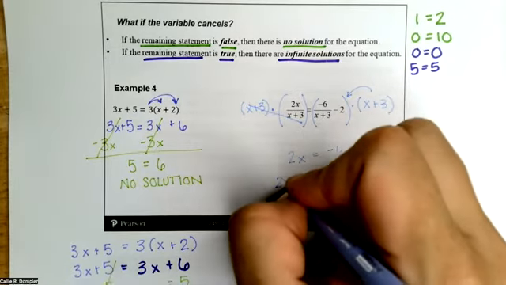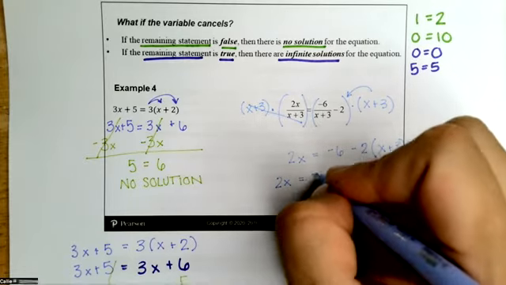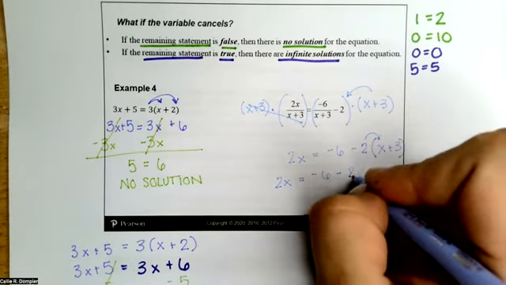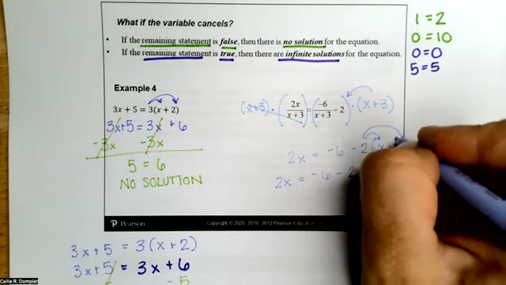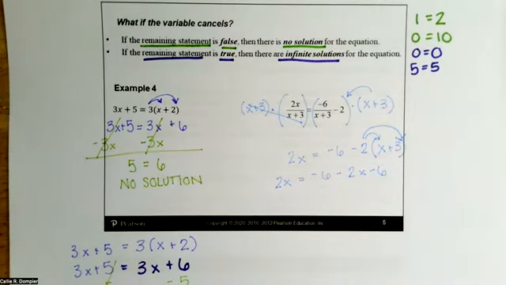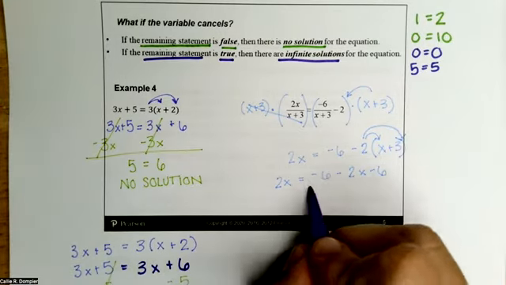That becomes 2x equals negative 6 minus 2 gets distributed to the x, so it's minus 2x, and the negative 2 gets distributed to the 3, minus 6. Good. So now I have common,